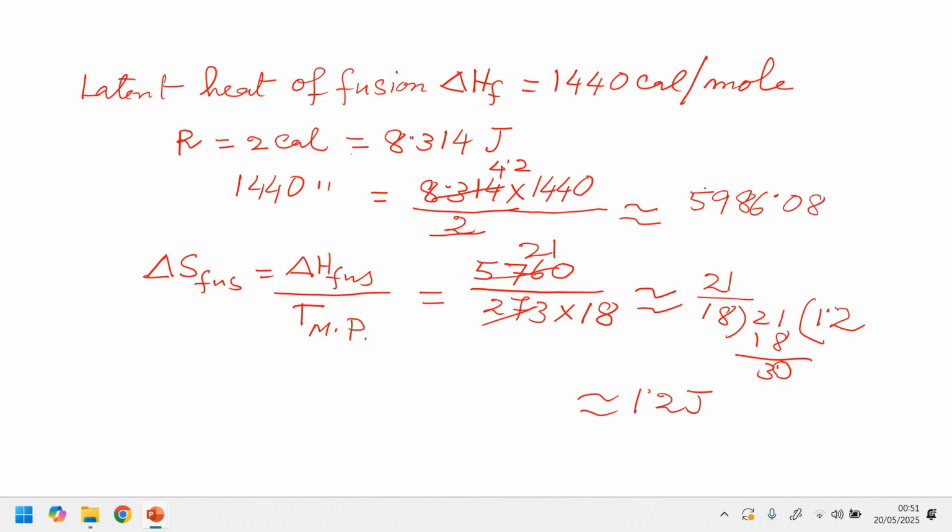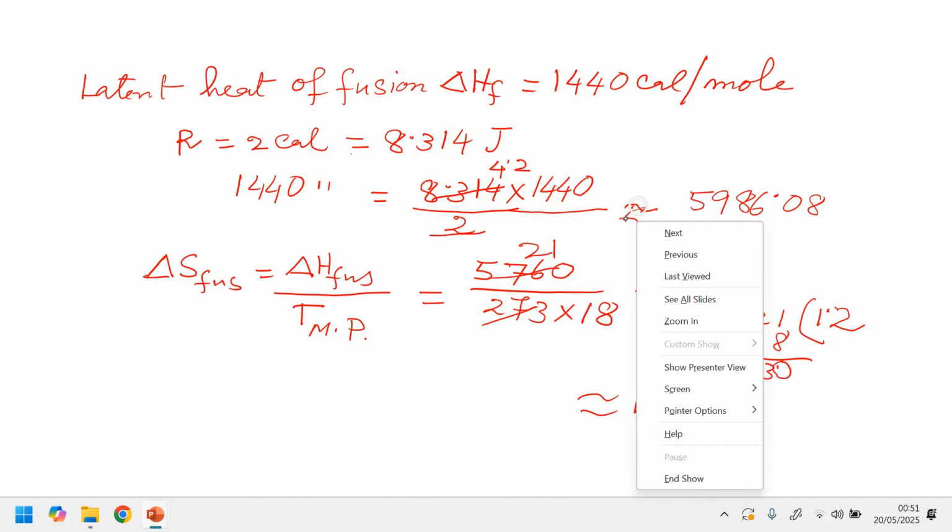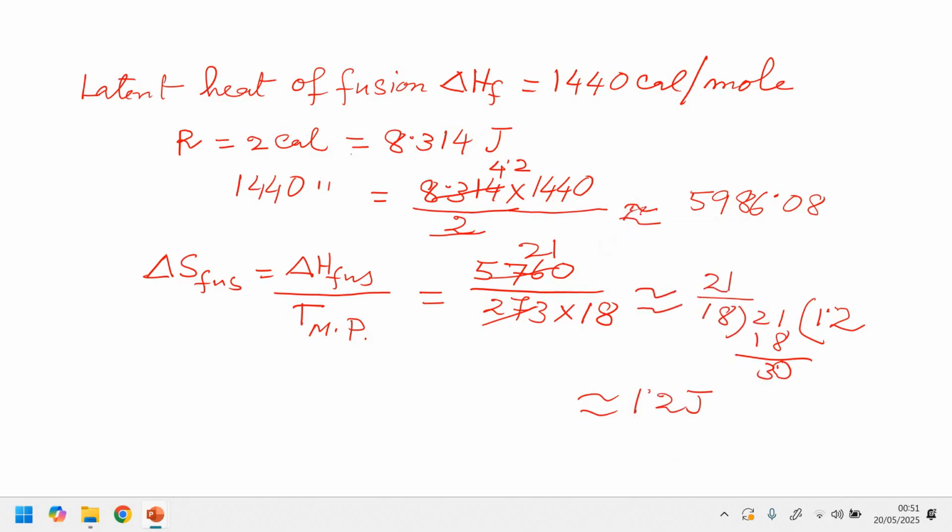5986.08. This is the exact value. That means this is the correct value. Okay. So here also it will be, you have to write how much? 5986.08. Okay. And then finally it will come as,